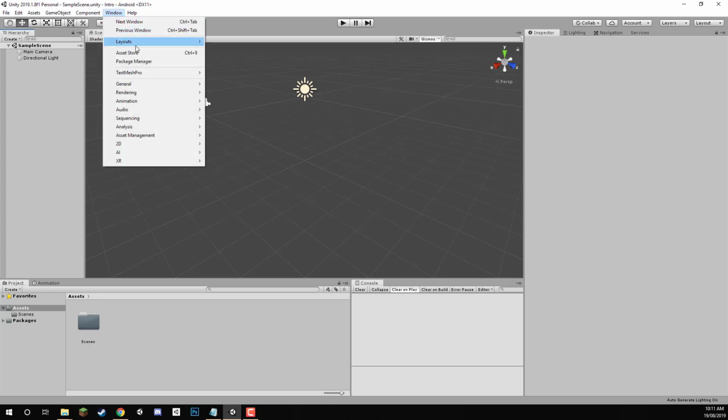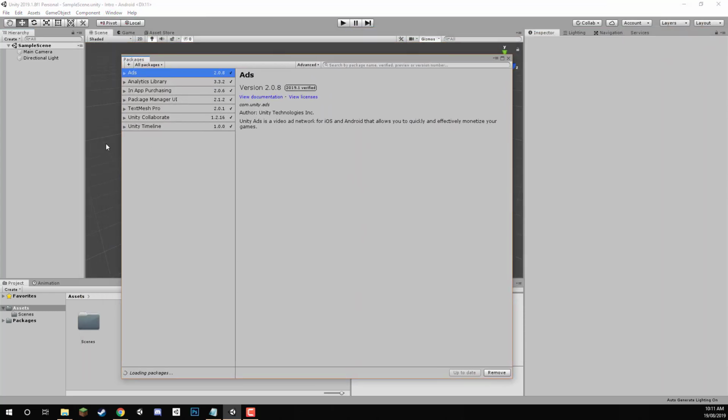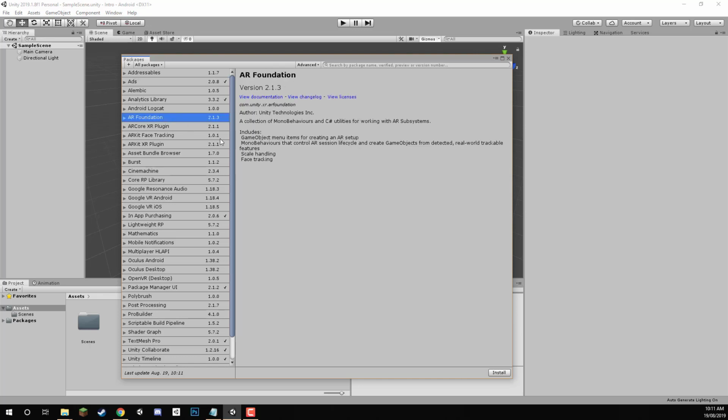So let's go up to Window, Package Manager, and inside of the Package Manager here, what you want to do is just wait for all the packages to load here, and we want to install first of all the AR Foundation package, so we'll just click on Install here, and this just has all the basic features of AR Foundation, connecting the two SDKs to Unity,